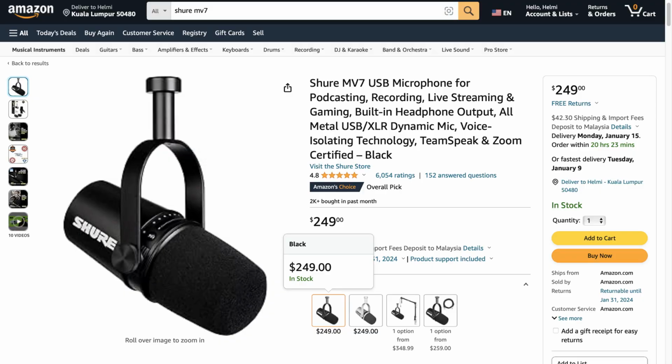So I only recommend you getting a dynamic mic if you're somewhat experienced, because this thing is very expensive. This thing is about $200. You need to buy one of these arms or tripod, and it's anchored here because it needs to be plugged into my computer, which means if you want to change seat to sit somewhere else, either you carry this whole thing to that place or you need another mic. So it's not so versatile, this. I don't recommend this for beginners,